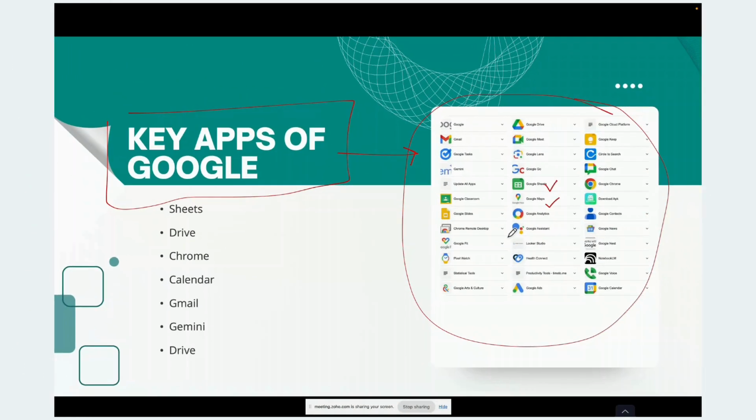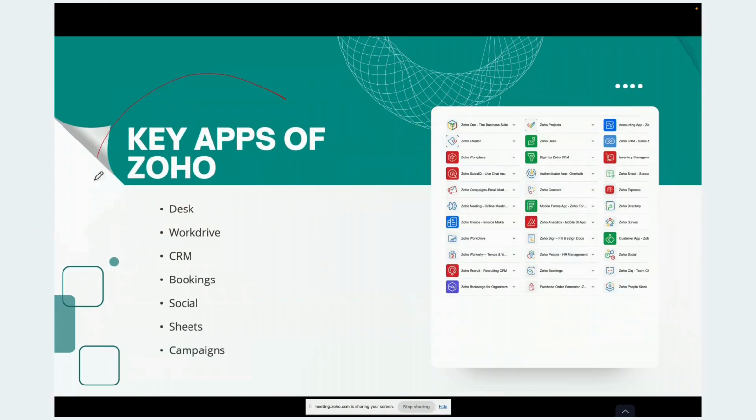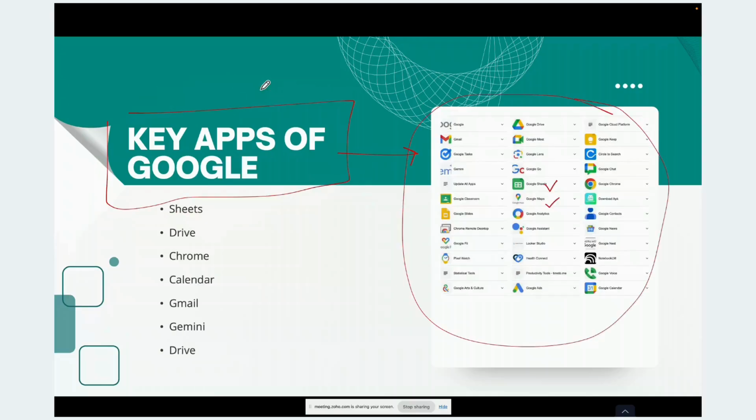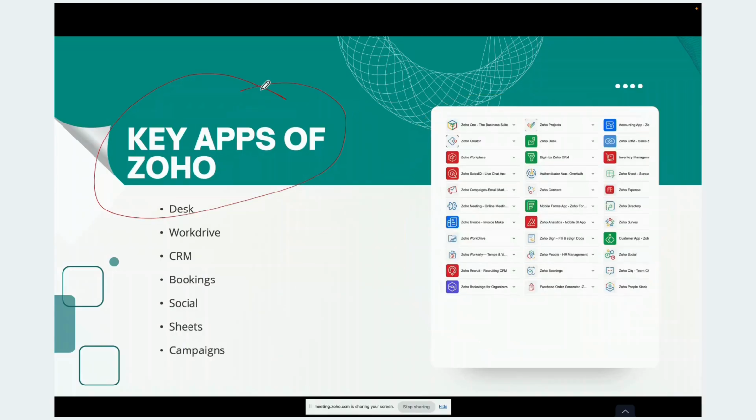And then the third one we are talking about is Zoho. I'm an expert of Zoho, so I'm talking about it. That does not mean that this is the best, obviously. But for me, it is best for two reasons. One is that it is scalable and customizable. Google and Windows do not allow me to edit or change things according to my requirement, but Zoho has a very clean slate kind of approach.